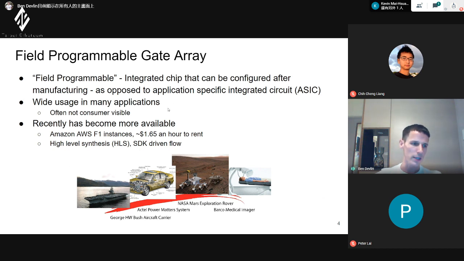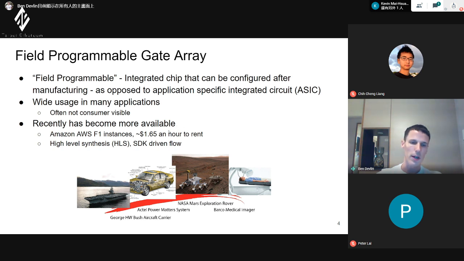And traditionally FPGAs have not been really easy to access. You kind of needed some technical knowledge, or you might need to buy some special hardware. But recently FPGAs have become more and more available. So for example, now on Amazon you can rent an FPGA in the cloud. And this is only a couple of dollars an hour to get very cutting edge technology. So you can do this.